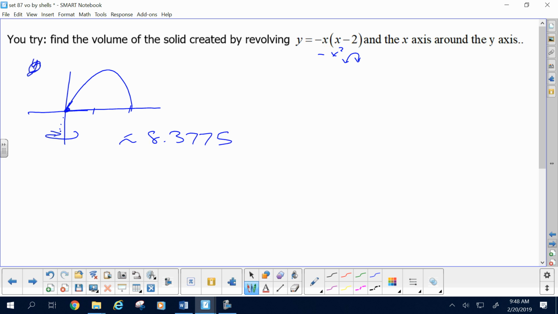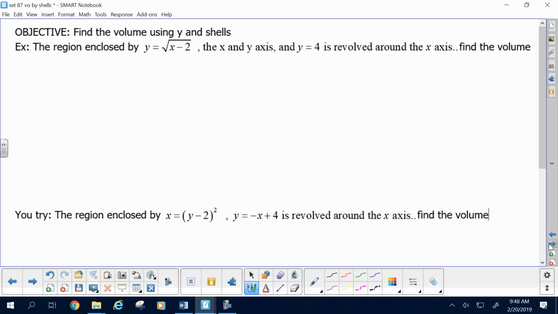Okay. Now, here's the gotcha to this. I was giving you first quadrant problems so far. Actually, let's go. Oh, sorry. I got my notes out of order here. Is this the next thing in the notes? I thought I switched this, but I guess not. Okay, let's try it. We used y once already, so I don't know why I'm saying we're jumping to y, but let's talk about